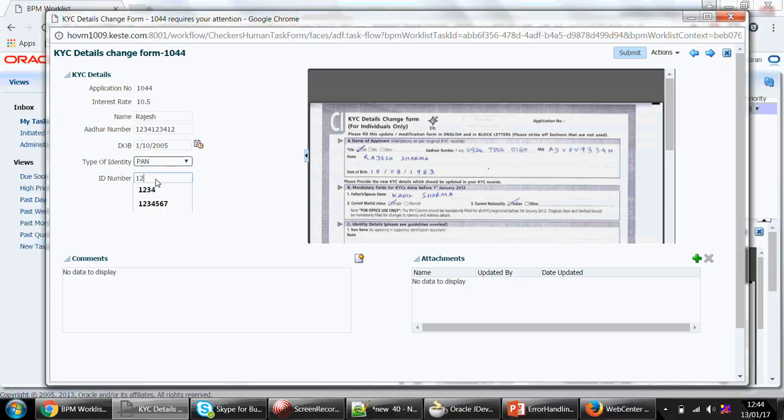So this way we can dynamically implement the UI validations. We can also add comments, we can also add attachments. All those features are also possible. When I'm going to submit now, on click of submit button, the task will be removed from the current